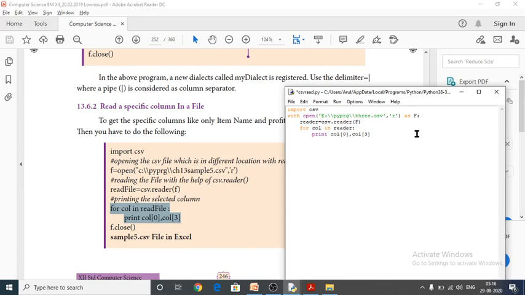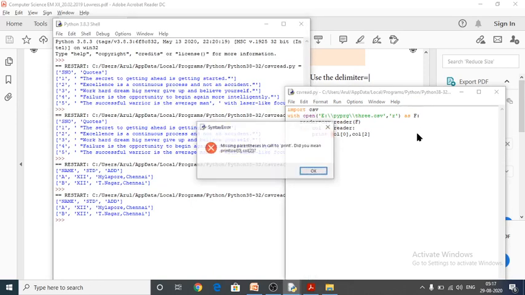I would like to read the particular columns, the first column and the fourth column, or I would like to read the second one. Yes, control S, execute this one. Missing parenthesis in the call to print.